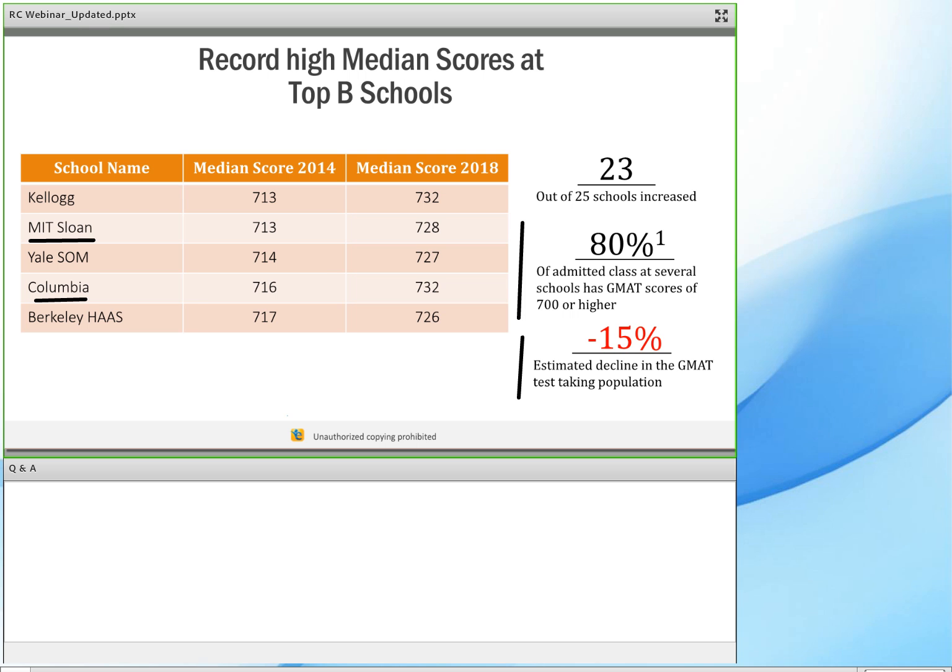And this is really important. From 2014 to 2018, there was a 15% decline in applications to B schools. Yet the GMAT scores went up. Yet the median salaries went up. In 3 months, we expect to see a huge increase in the applications. So you can really see this trend going forward in the same direction.